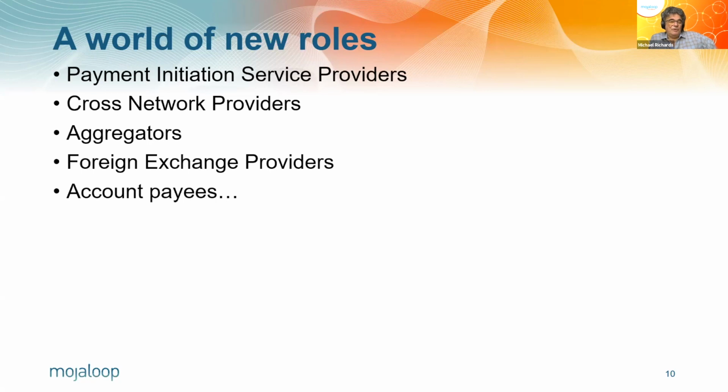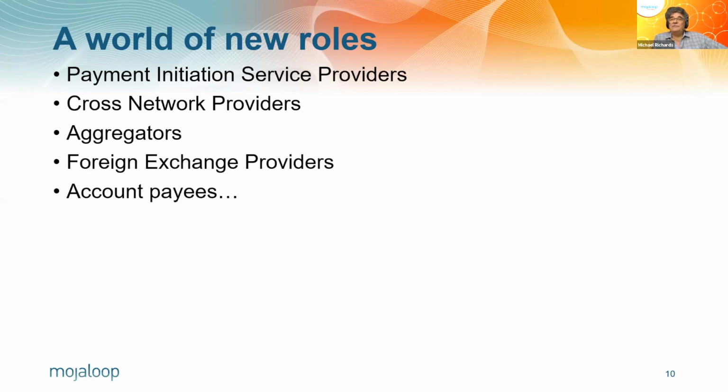We have a number of new roles that we are going to need to think about. First of all, payment initiation service providers, the third parties like Google Pay, who initiate transfers without being themselves account holders. We also think in terms of cross-network providers, i.e. people who provide a service which interoperates between Mojaloop networks or between Mojaloop networks and non-Mojaloop networks. Aggregators, who are people who provide higher level services than the simple P2P transfers that the payment initiation service providers provide,